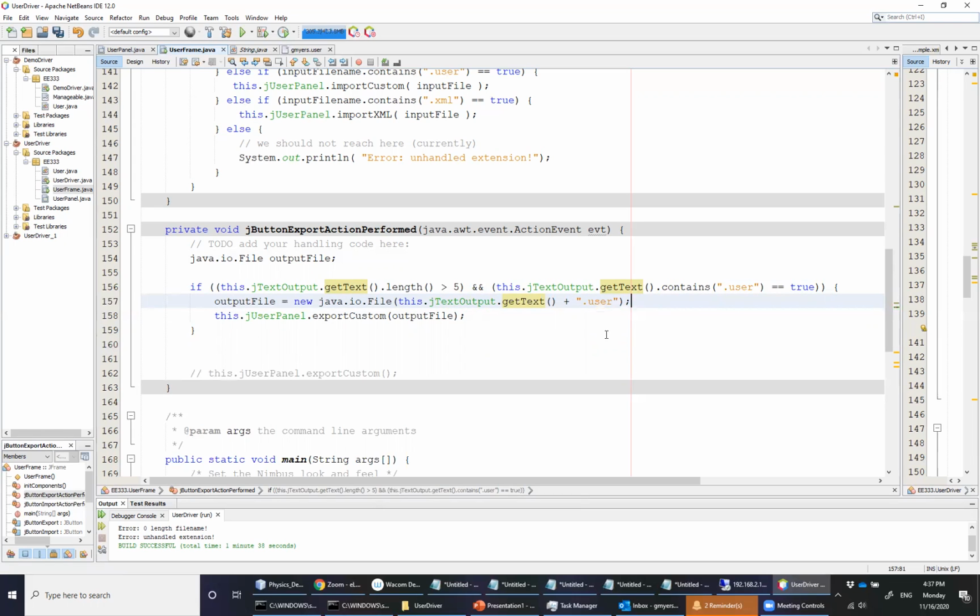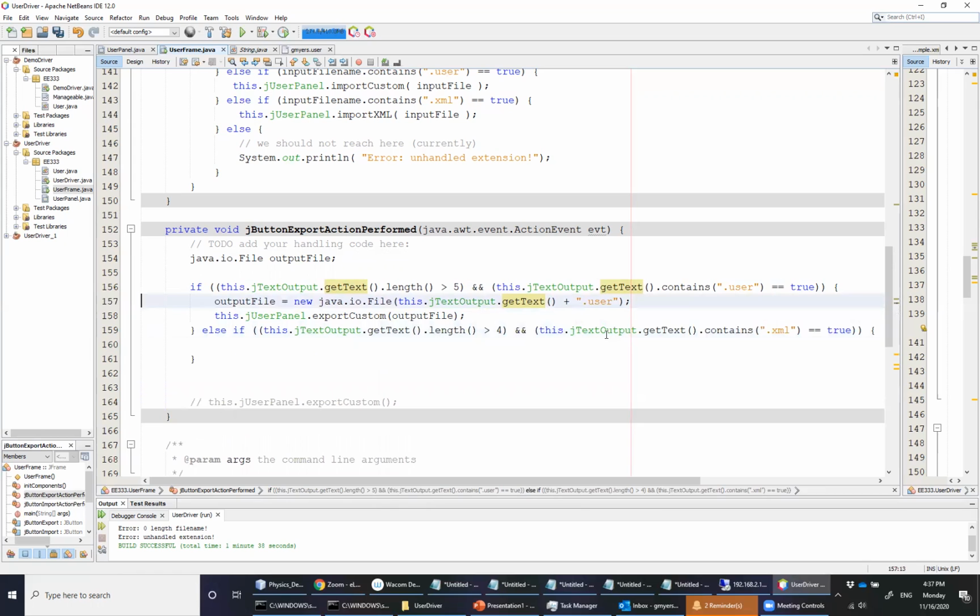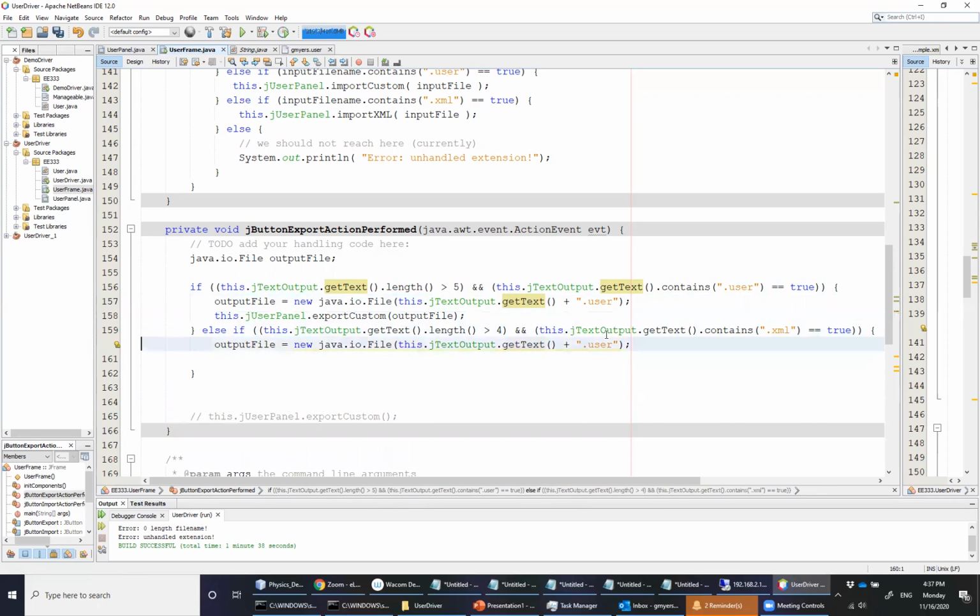All right, so basically at this point, we're creating a new output file and we're passing it. Likewise, if we have an else if, the only difference here with the second condition, in addition to changing it to XML, is that technically the shortest that the file name can be is 5. So in other words, if it's greater than 5, at this point, we can go ahead and create the new